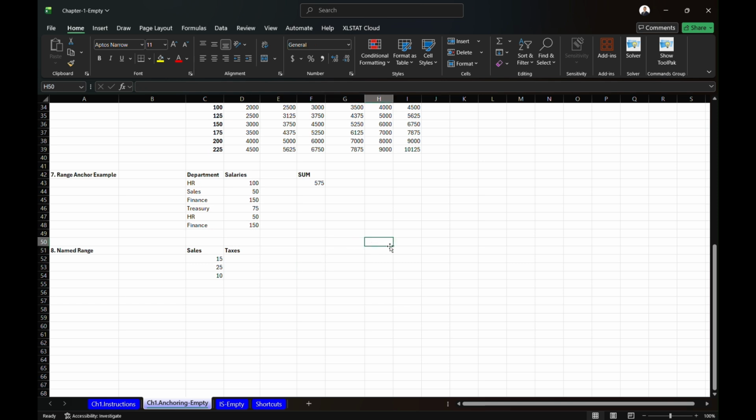Just to show you what it does, if we go over here to, let's just say H50 and do equals and start typing in sales, or just fully type in sales, you'll see that auto completion comes up. So we can tab into it, hit enter,